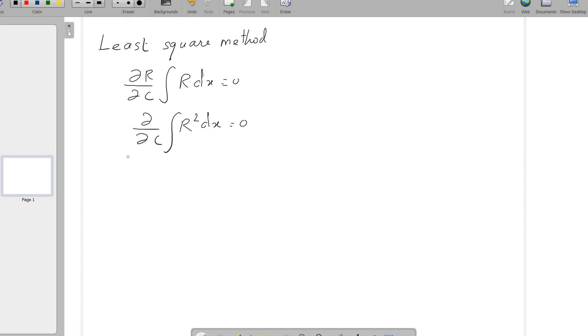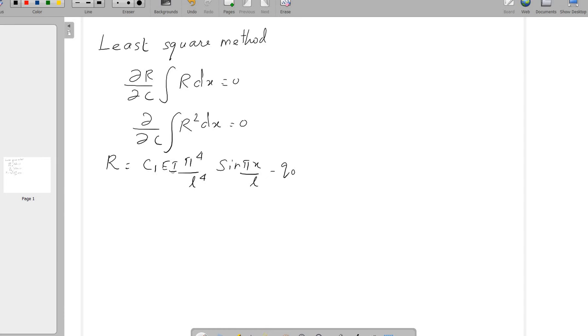I am going to find R square first. So we know the residual function: C1 EI pi power 4 by L power 4 sin pi x by L minus Q naught. For a problem that is a simply supported beam with a UDL, the residual function does not change with respect to sinusoidal form. If you assume y equal to some constant into sin pi x by L, the residual function does not change. This is the function we are using in multiple methods.